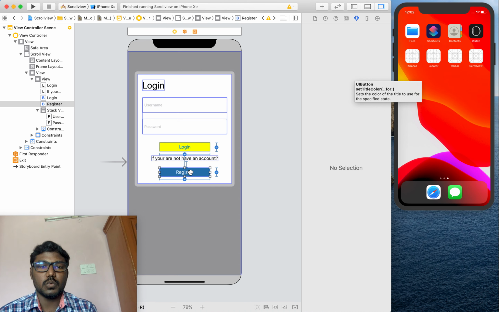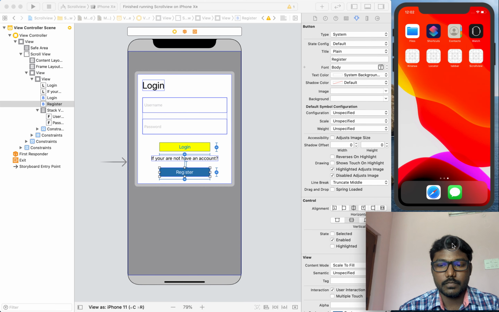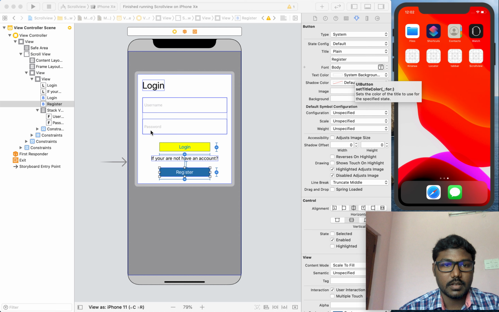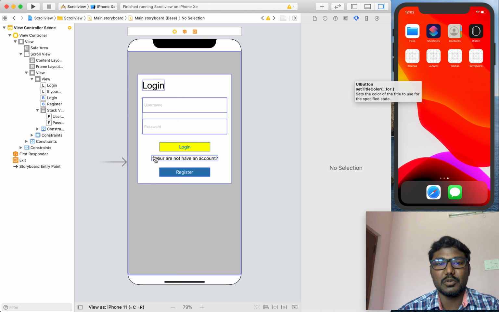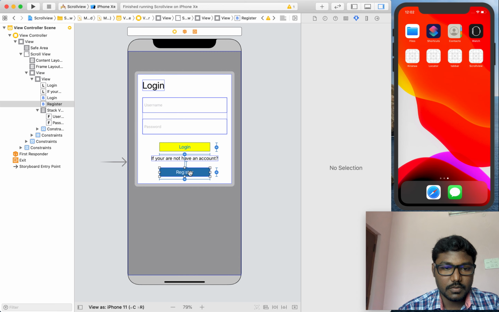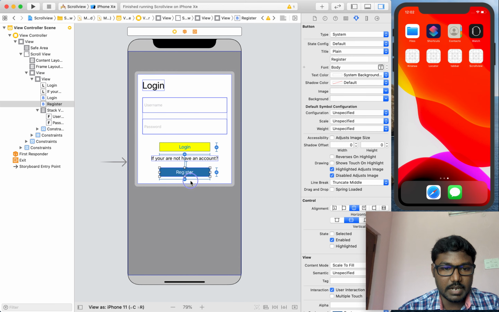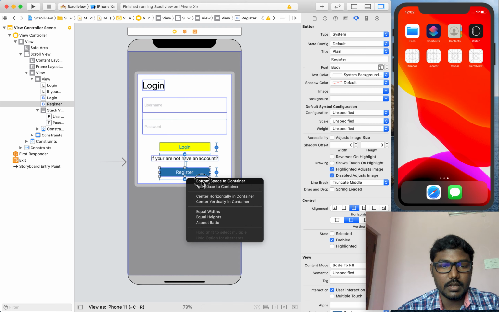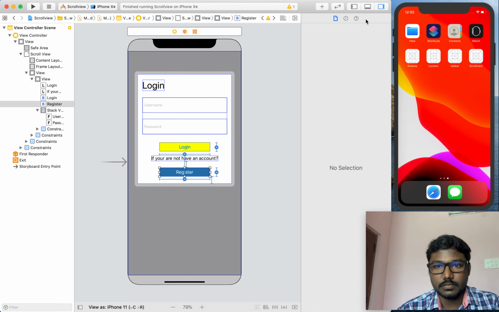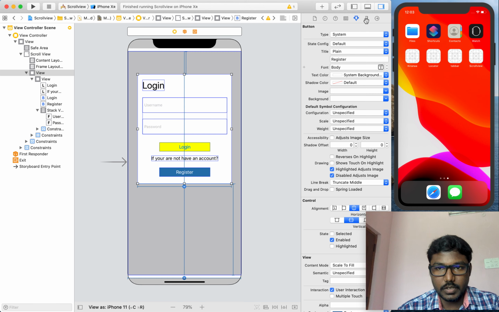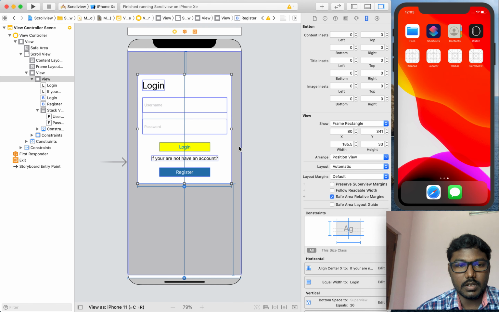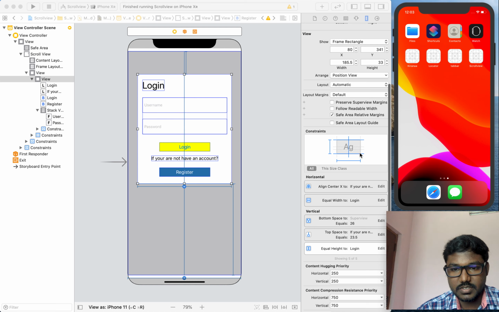Now what we are going to do is, based on the content of the scroll view, the scroll view has to adjust. We can't set the content size for each scroll view, so I am setting the bottom constraint for the last element among the added subviews, which is a button, and I set it like this, and also we can change our content view bottom constraint.